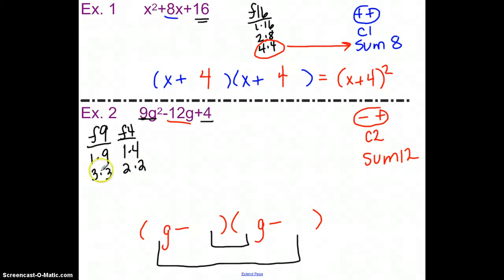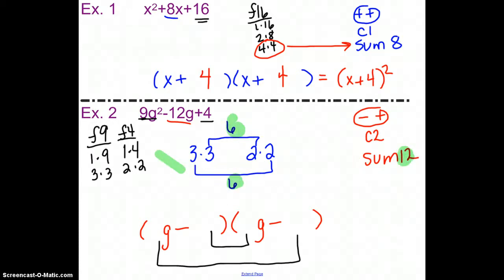So that means we should probably check out the 3 and 3 and the 2 and 2. So if I check out this pattern, 3 and 2 multiplied together would give me 6. And 3 and 2 here would give me 6. And they want to make sure that these two right here are going to give you a sum of 12,